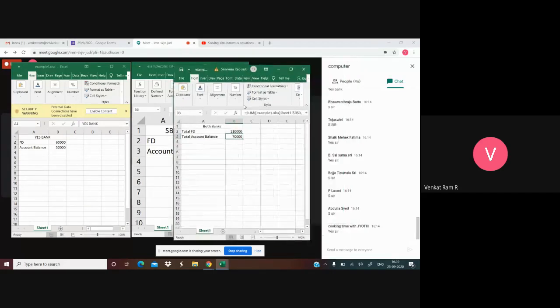Not only sum, if you want to do average, if you want to count, if you want to do max, you just have to insert the formula is equal to max of the same formula, whatever you type. Okay.